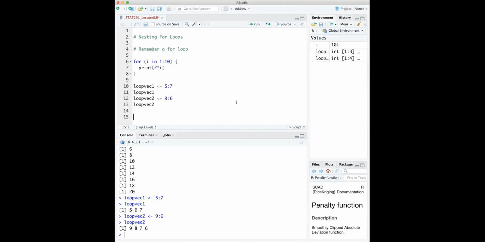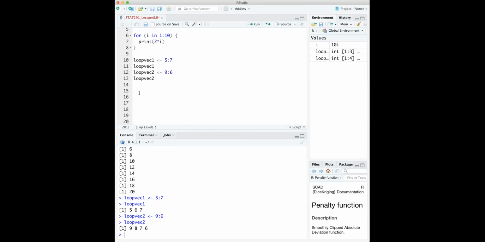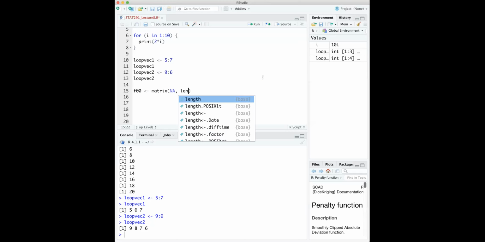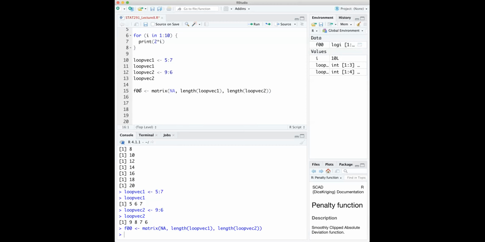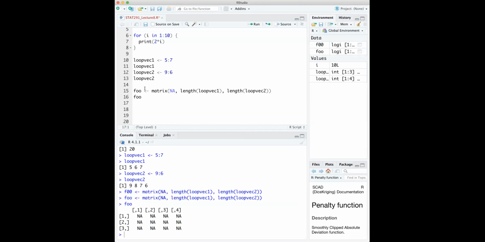And after that, I will generate an empty matrix. Then I will fill this matrix with my loop. Here is my empty matrix, foo. You can easily use the matrix command to generate an empty one with NA. The first dimension, which is rows, is going to be the length of loop vector 1. And the second dimension, which is columns, is going to be the length of my loop vector 2. So foo is going to be a 3 by 4 matrix